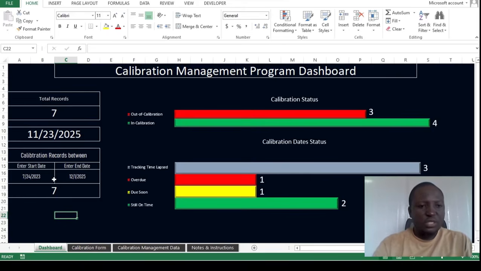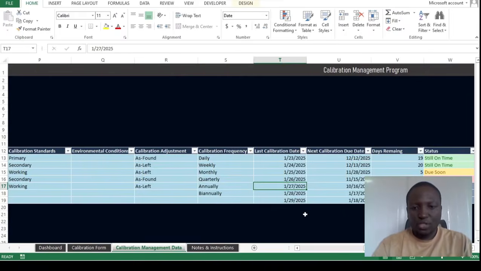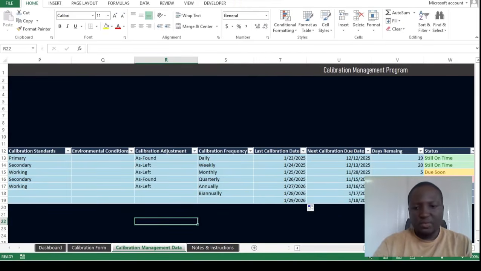So let's go and change the dates and see what happens. If you come to column T, as you can see, this is the column which we are using to record the dates, right? So if we come here in cell T17 and change this to 2026, then update the cells which are below. Then if we navigate back